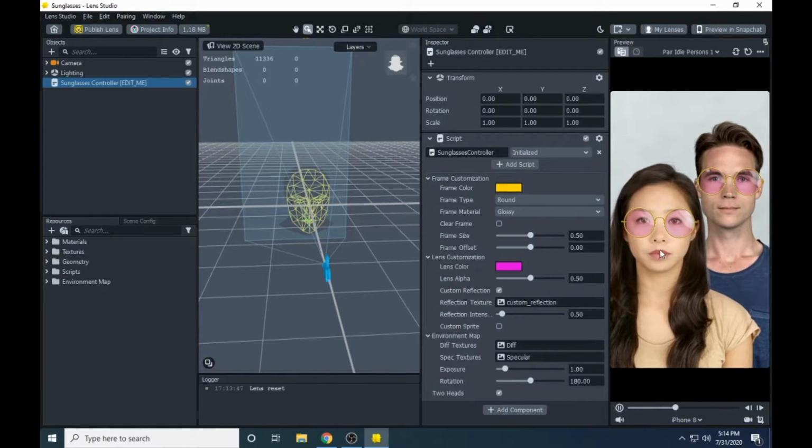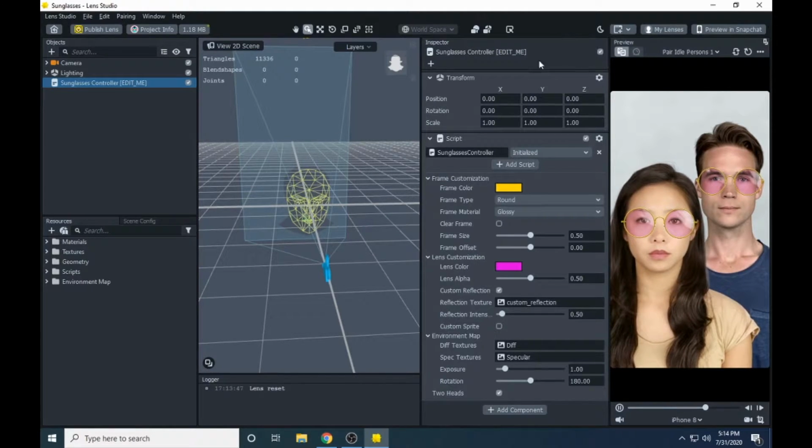And this is a preview, this is how our lens is going to look when we use it. In these four sections we will use only two for now, the inspector and the preview. We will not add any object in the object panel, or use any 2D or 3D methods.